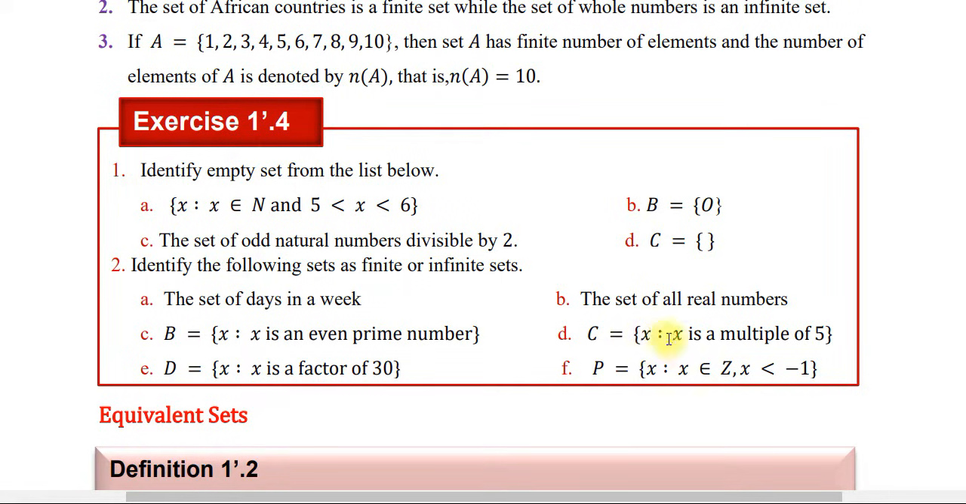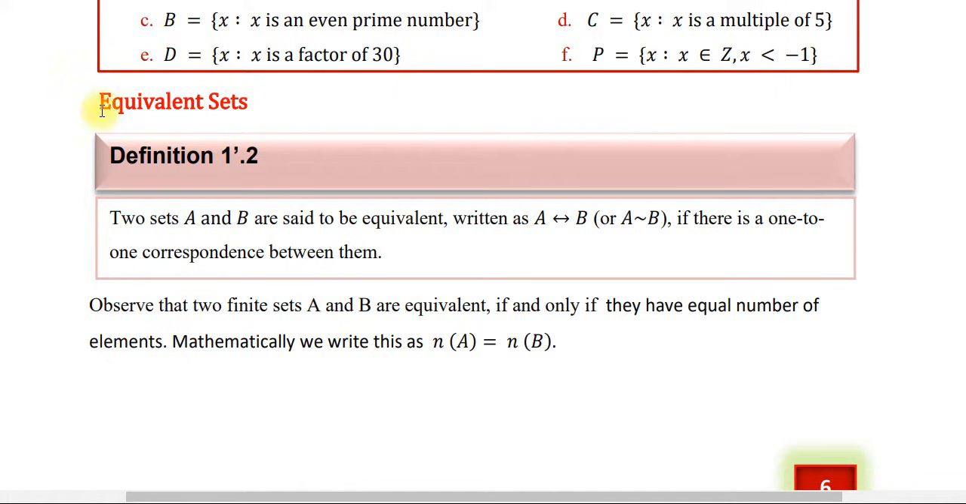C which is equal to the set containing x such that x is a multiple of 5 ወይም የአምስት ብዜት። ለምሳሌ 5 10 15 20 25 ኢንፋናይት ነው። D: x such that x is a factor of 30. የ30 አካፋዎች እነማን ናቸው? 1 2 3 5 6 10 15 እና 30። ስለዚህ ፋናይት ነው ማለት ነው። And the last one, E, is equal to the set containing x such that x is an element of integer, x less than -1. ከኔጌቲቭ 1 የሚያንሱ ኢንቲጀሮች ኢንፋናይት ሴት ናቸው ማለት ነው። ስለዚህ እንደዛ አድርገን ፋናይት እና ኢንፋናይትን መረዳት እንችላለን።